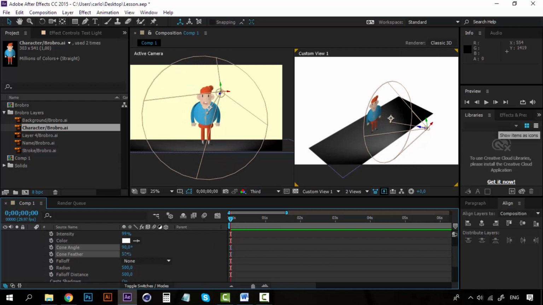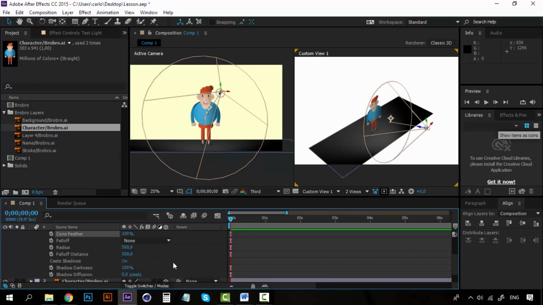We can change the cone feather so that it diffuses the edges a lot more. You can see how the edges are really diffused right here, and if we hit on 0, they are sharper. You can see that the light is just like chopping here. Here is really light, and here is dark. So of course we want a smooth effect of 100. This is the ideal part here, and we can tell the light to cast shadows and the darkness of the shadow. But of course right now we are not